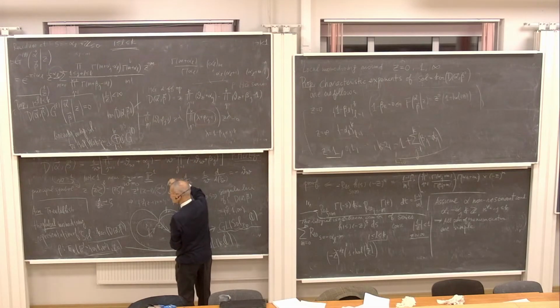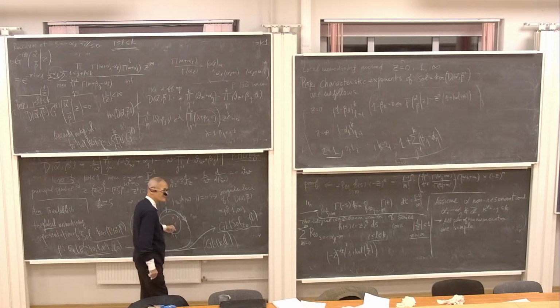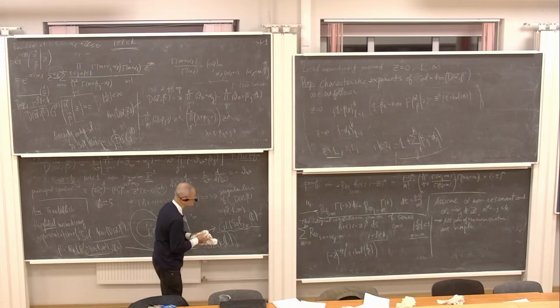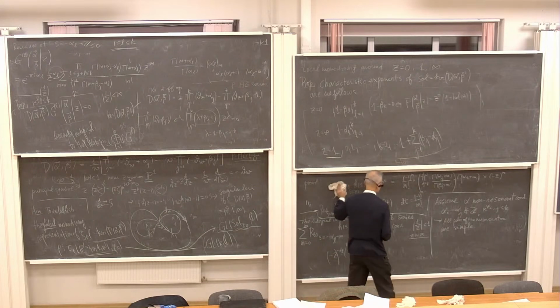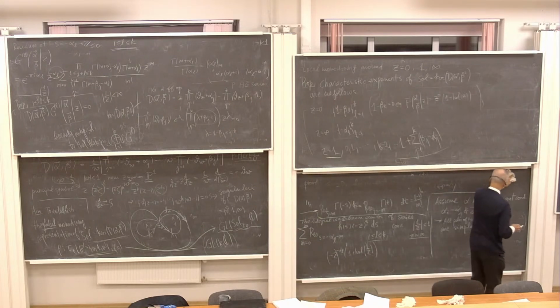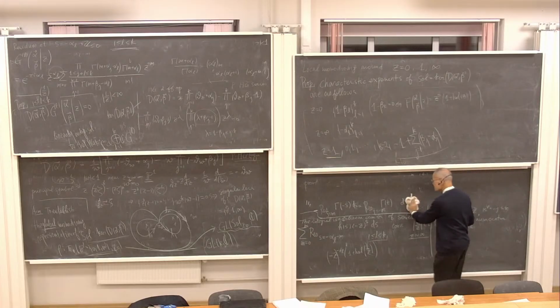You have no change of variable that reduces the asymptotics around z equals 1 to some other branching point, as with asymptotics around 0. There is no such reduction. So we need to calculate the characteristic exponent